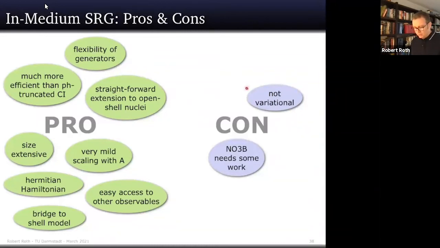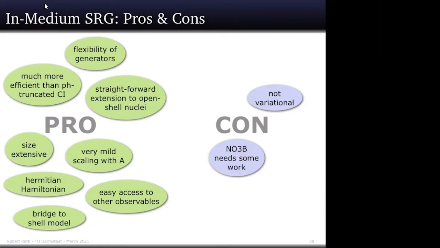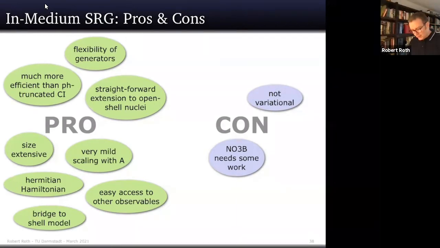It's also not variational. You've seen that we tend to overbind ground states because of these higher order normal-ordered terms. And if you want to include them, so go to something like a normal-ordered three-body approximation, that would still be an approximation. It's not complete there because the in-medium flow will include even higher particle rank terms. But this needs a little more work. That's getting tricky. The full flow equations are probably too hard to solve, but we are working on lowest order corrections to handle these normal-ordered induced three-body terms.